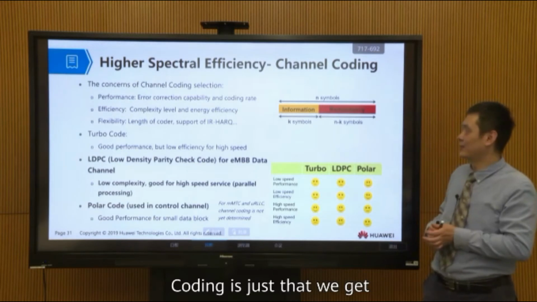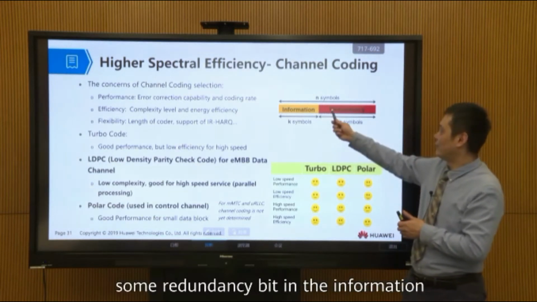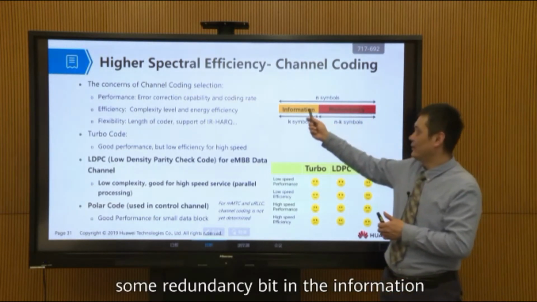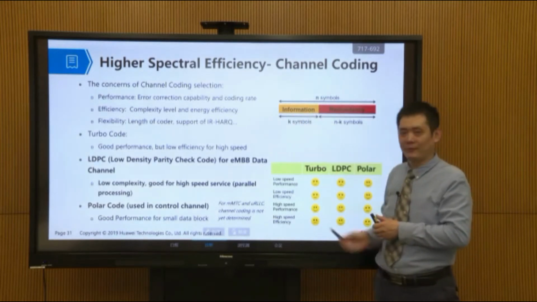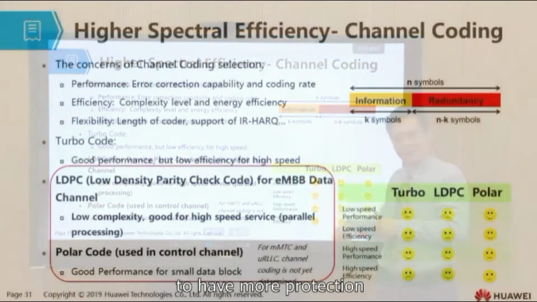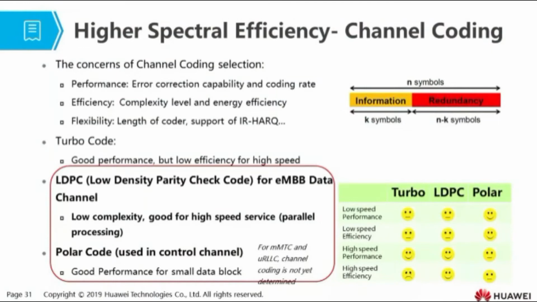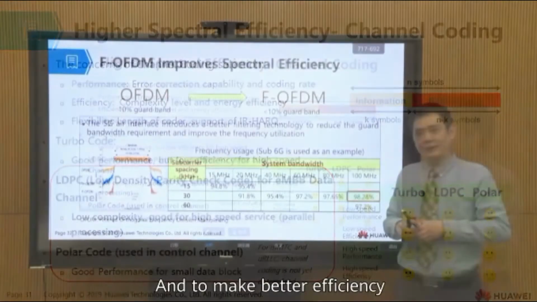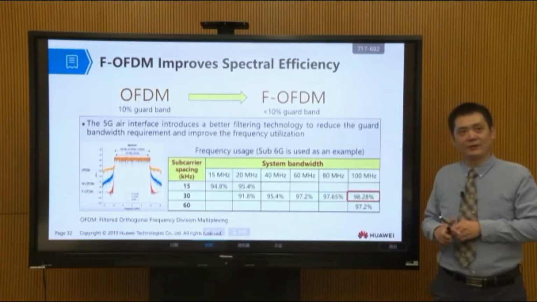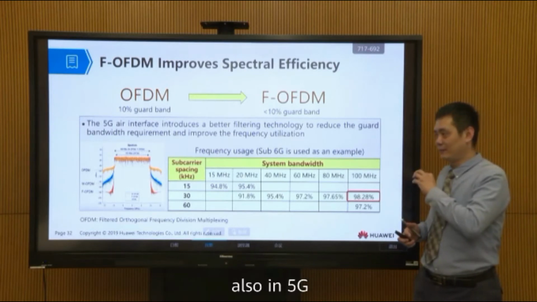Coding is just so we get some redundancy bits in the information, to have more protection. And to make better efficiency, also in 5G,